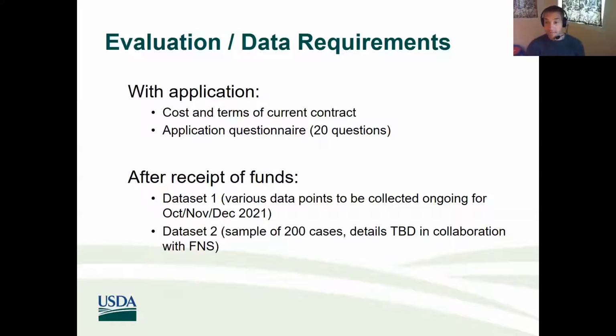The second thing that we're asking for in terms of evaluation and data requirements as part of the application package is a 20-question questionnaire, right? It's one page, enclosed in the grant announcement letter, which is posted on our website. 20 questions. They're process questions, or qualitative questions, if you want to put them that way. But they're asking